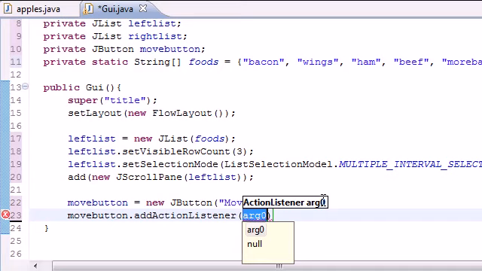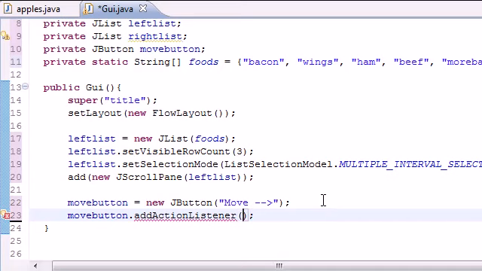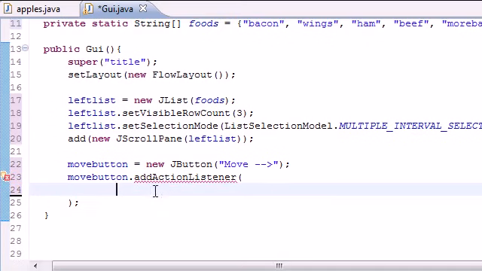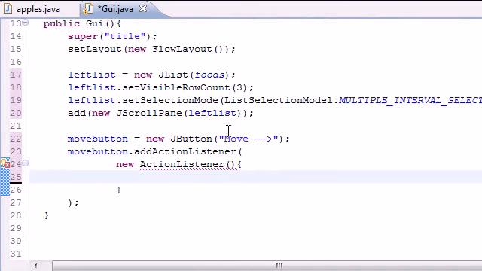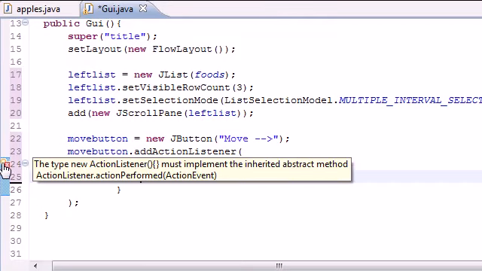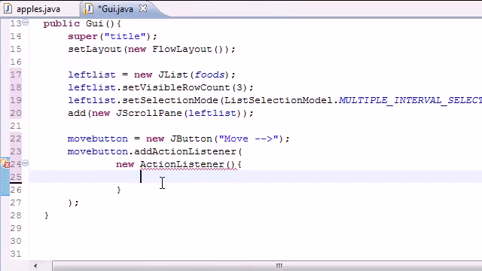And of course, this is going to have an inner class because it's a lot easier. So inside your add action listener parameter, just go ahead and make a whole new class called new action listener, just like that. And this class, of course, doesn't take any parameters. Inside your new action listener inner class, we want to have one method, and if you can see by our error, it's called action performed. So let's go ahead and add public void